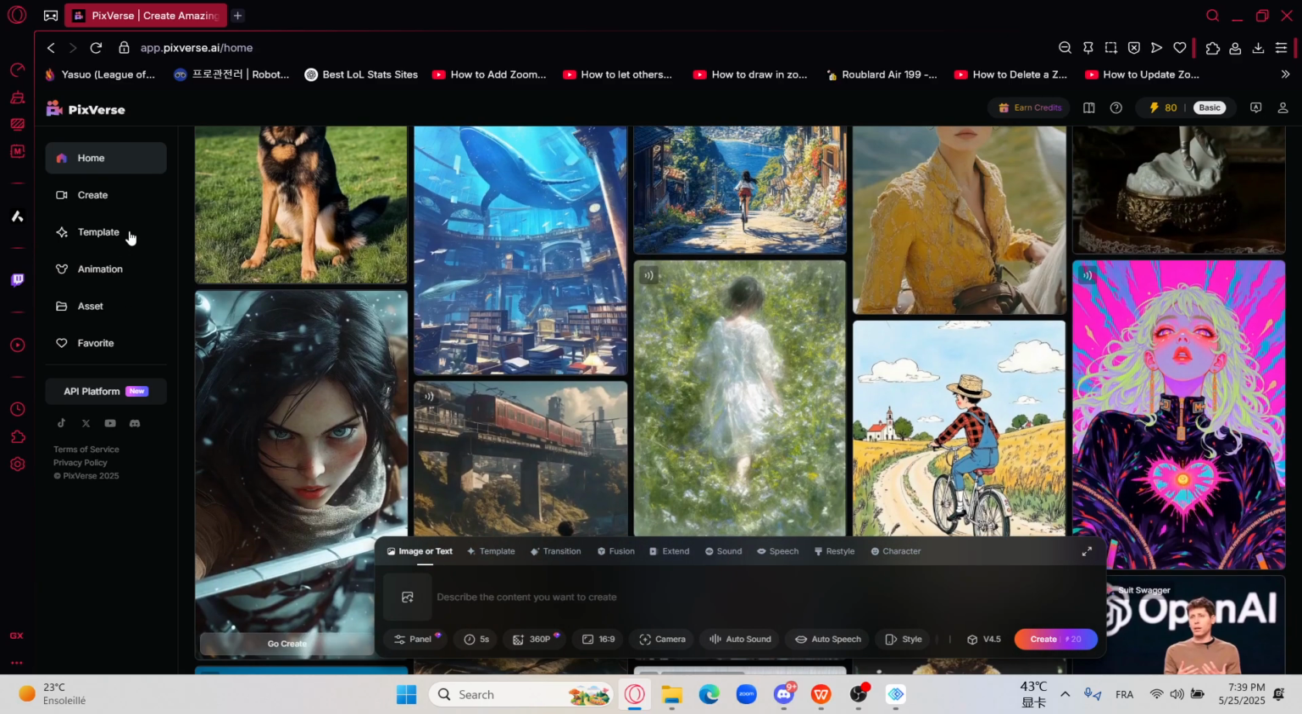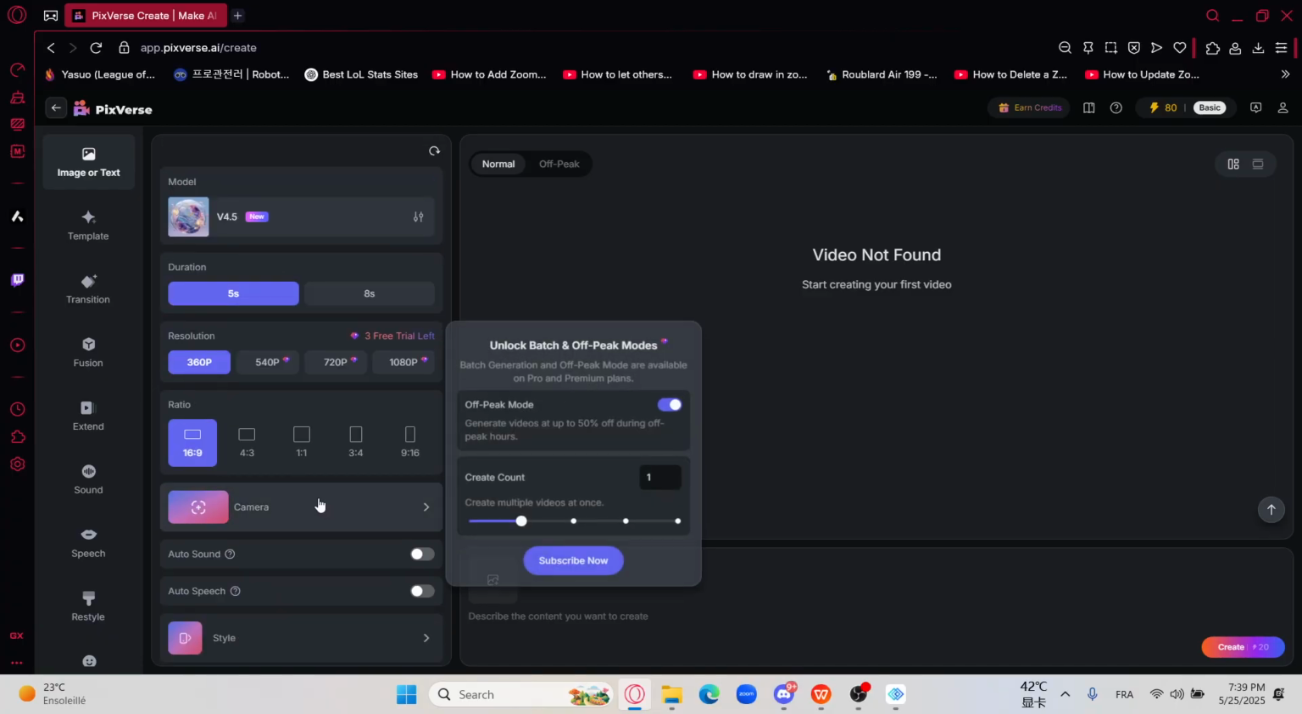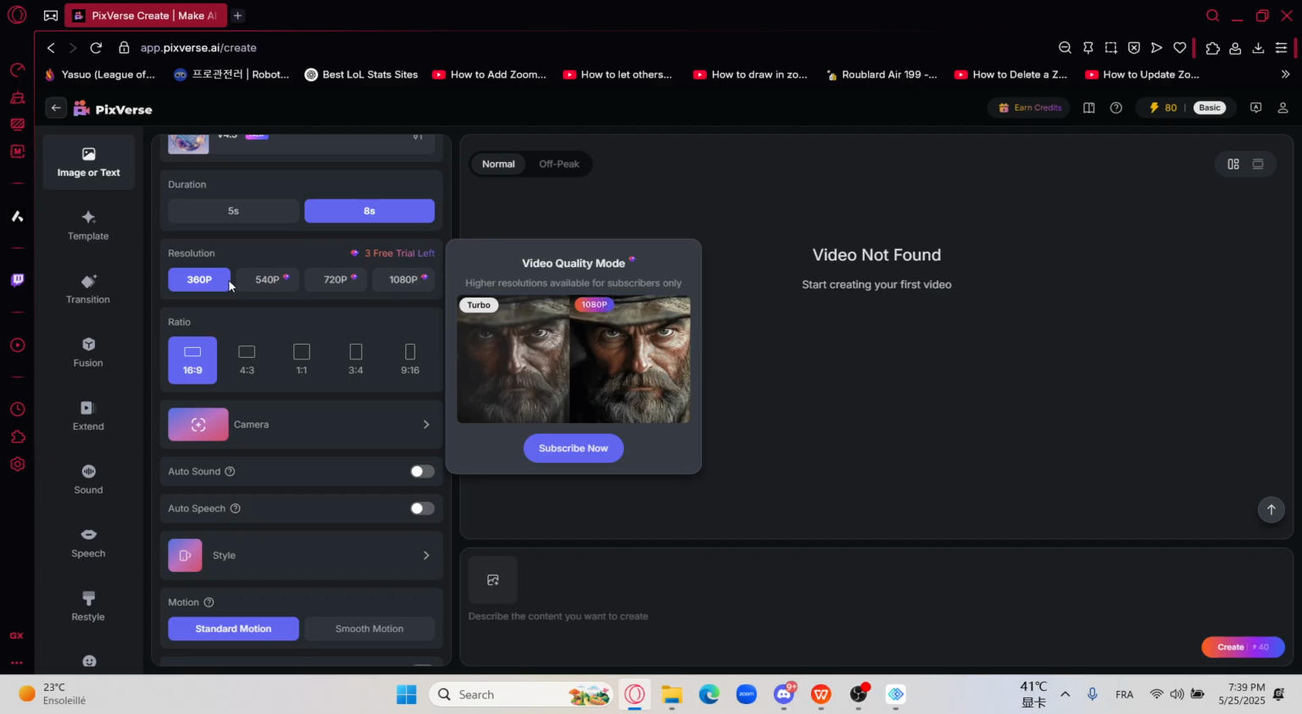Alright, for us we'll go the traditional way into create, and right here as you can see we will go into this menu right here, and we will choose the options that we would like on our TikTok video. Alright, so let's go into duration. I want it to be 8 seconds, and right here as you can see I can't choose the resolution that